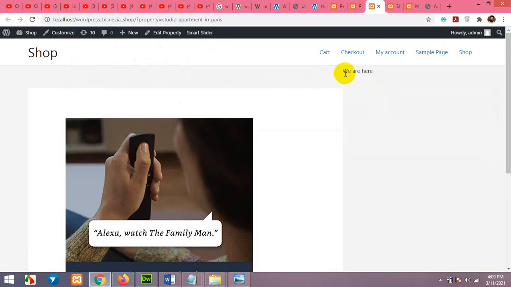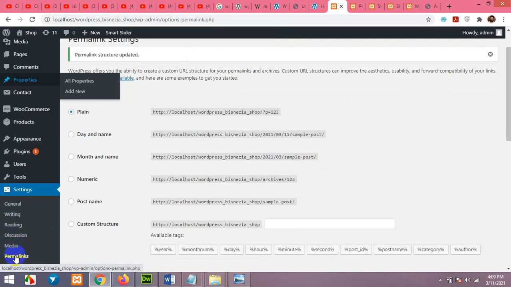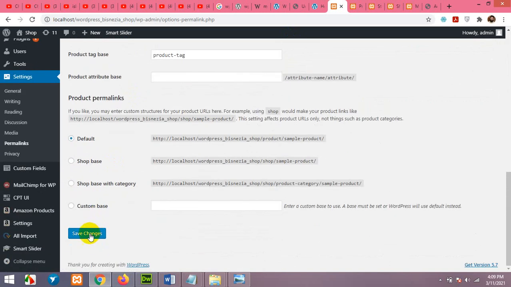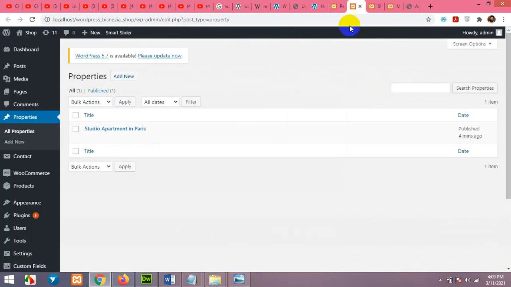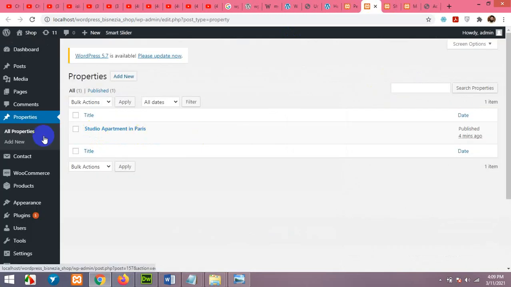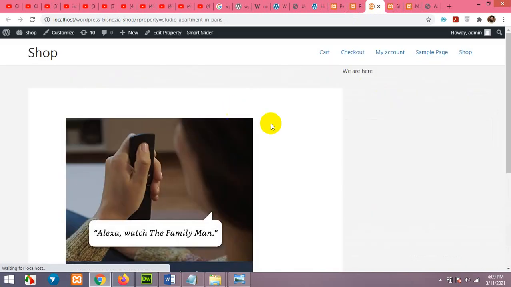If this does not appear, then come to appearance, settings, permalink, change the permalink from plain to any other, and click on save changes. Then close the front end, and in the properties click on view and it will start working.